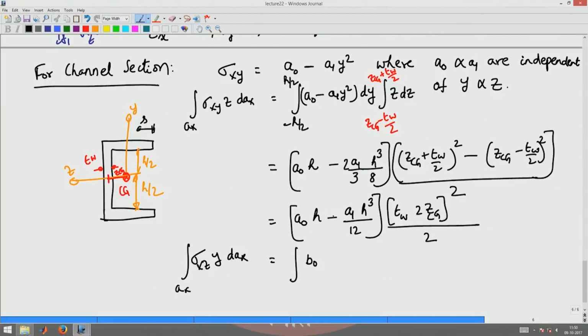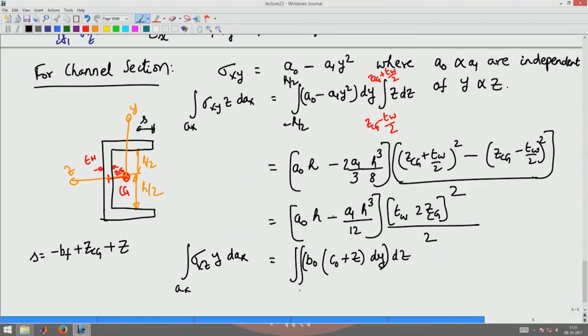That will be, Bf S would be minus Bf plus ZCG plus Z. Okay. So, that will be B naught into some constant, let us say C naught plus Z dy